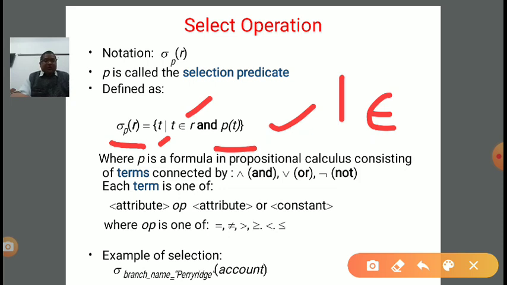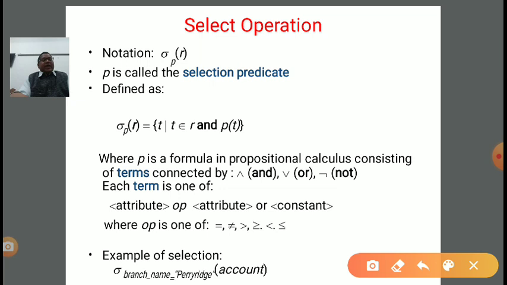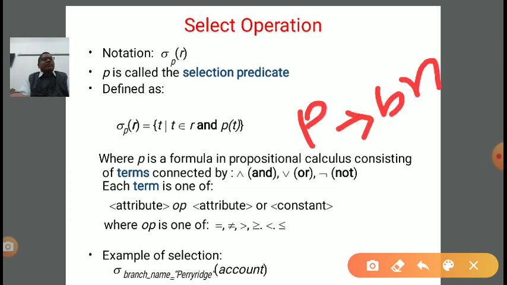Okay, so suppose I am picking an example. If I want all the account information from the branch Paris, all the account information from which branch? Paris. So what is our condition? Branch name should be Paris. So the predicate will be related to branch name, and branch name should be Paris. Okay, so how to write down? Sigma, first the sigma notation. If you see the sigma notation, in the suffix I have to write down the condition. So what is the condition?